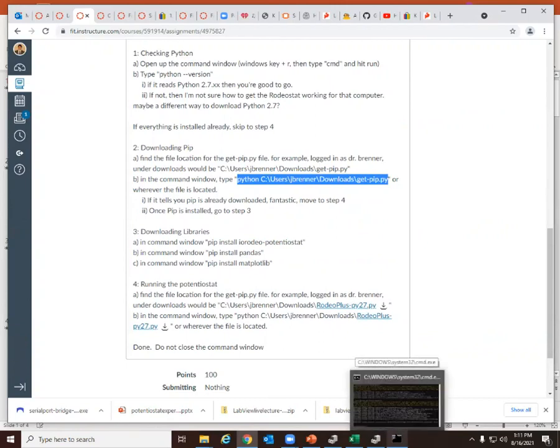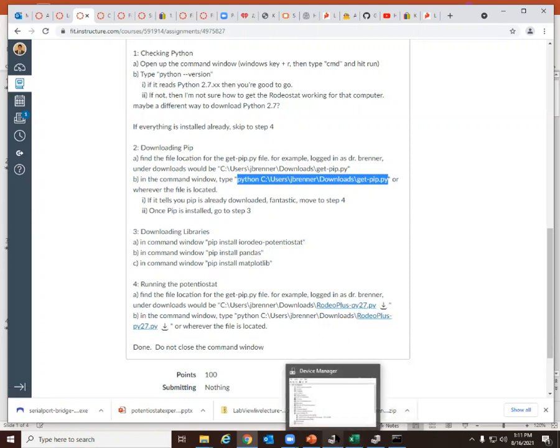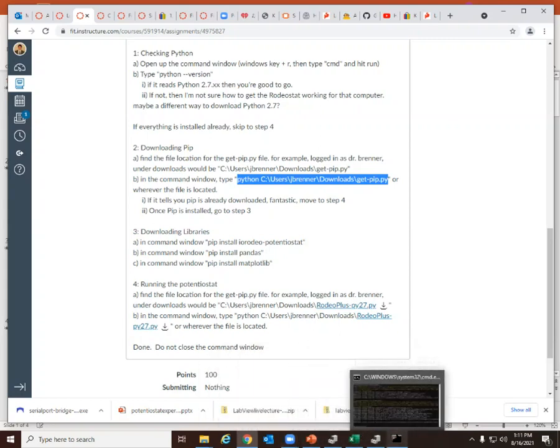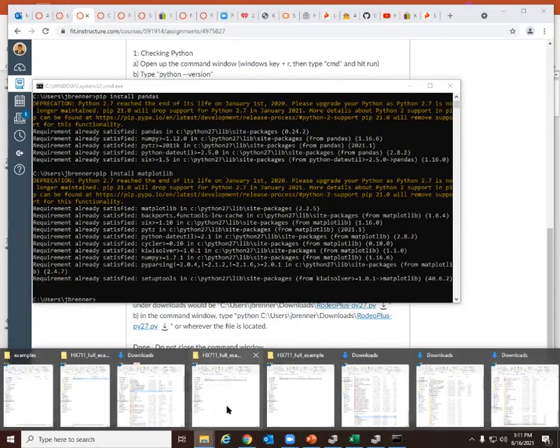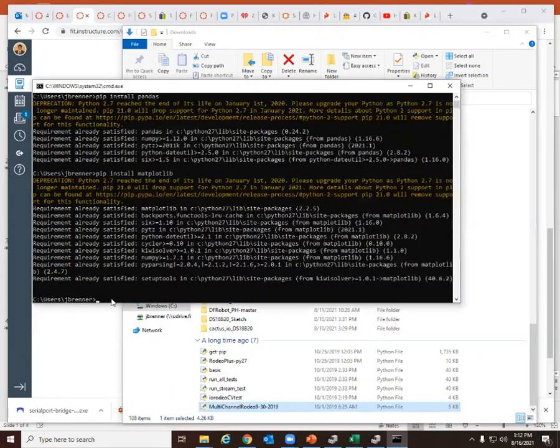And what you want to do, it says on here that you should use rodeo plus-py 27.py. That is going to get changed by the time that you see this. What you want is a different file, and that different file is going to be named multi-channel rodeo 9-30-2019, and you're going to have to put a .py on the end. And so